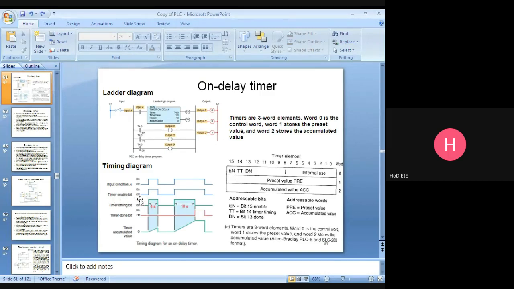The timer enable bit is also 0. The timing bit is also 0. Timer done bit, when will it be energized? When the accumulated value is equal to the preset value. So this one is not working, then it won't start timing. So up to this one, the value is 0. The timer accumulated value will be 0. Got it?